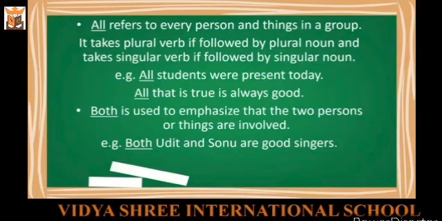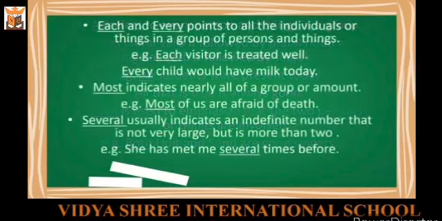Next is both. Where do we use both? Both is used to emphasize that two persons or things are involved. Example, both Udit and Sonu are good singers. In this sentence, I am referring to both the persons. Next is